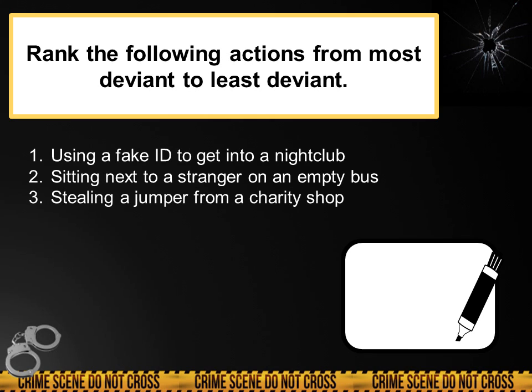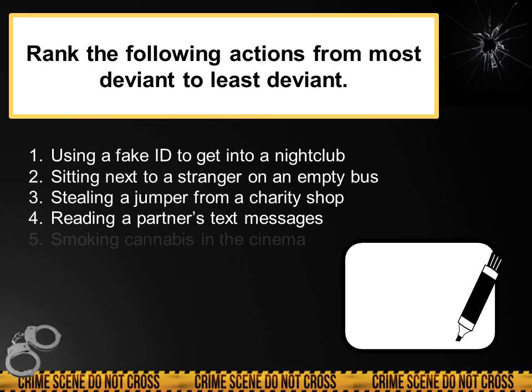So your job now is to decide which you think is the most deviant and the least deviant and rank them in order. Now, there's no right answers in sociology, and this is why I love it, one of the reasons, because we can just discuss it and think about things. Why is it deviant? Why is it not deviant? Why do people think differently? Because I dare say that you probably won't rank them in the same way exactly, all of you. So that's what we would normally discuss face to face in class.